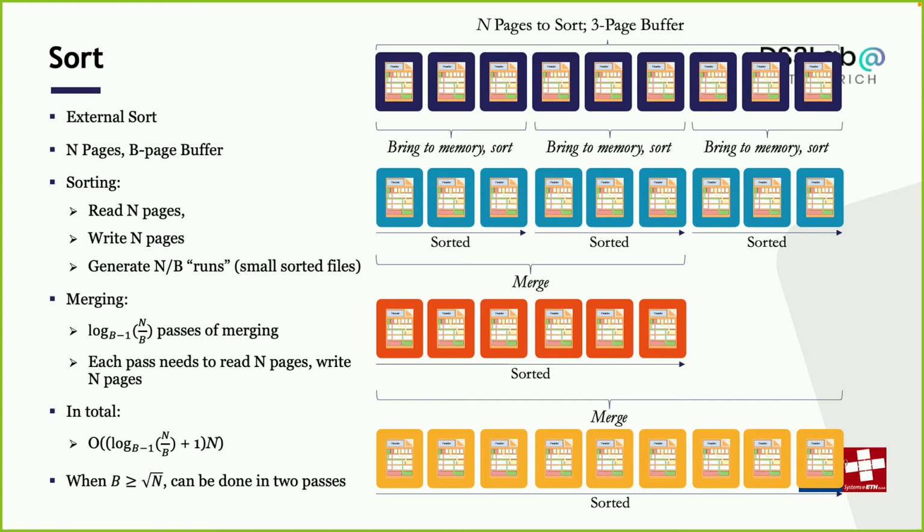For every single pass of merging, what is the cost? You need to read all the chunks once, you need to write all the chunks once, right? So essentially, the total cost of the whole thing,